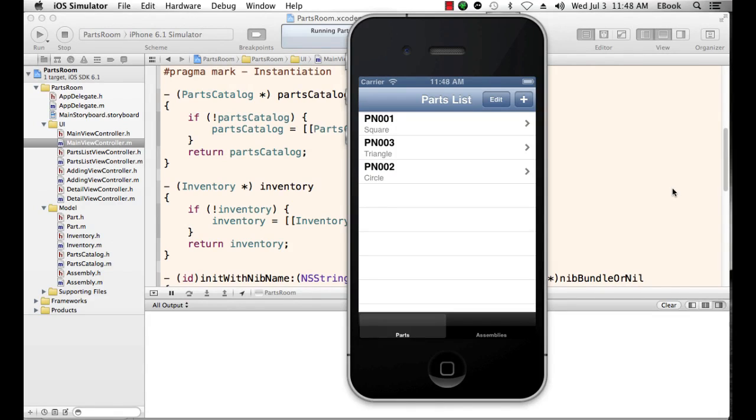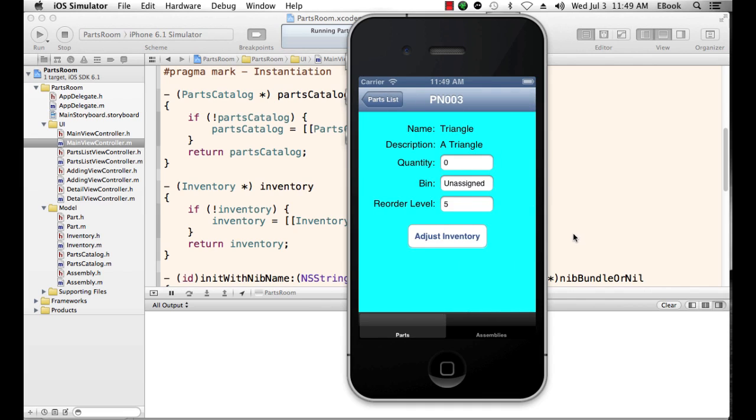Hi, in this demo, we want to think about what happens, and to implement what happens, in inventory when we change the information in this detail report. So let's look at triangles, just at random. Right now, the catalog information is this. We have a triangle. The description is a triangle. There's no quantity associated with the catalog, and it's in a bin called unassigned, and it's got a reorder level